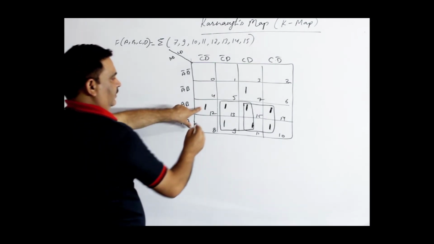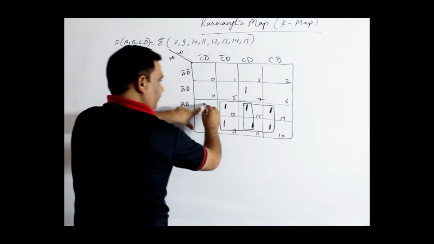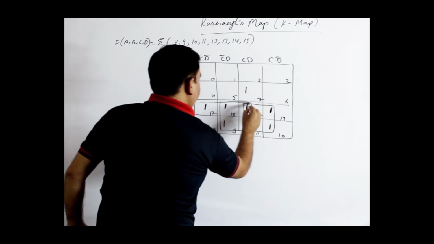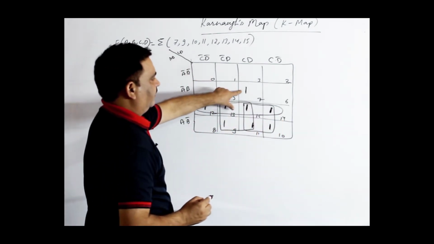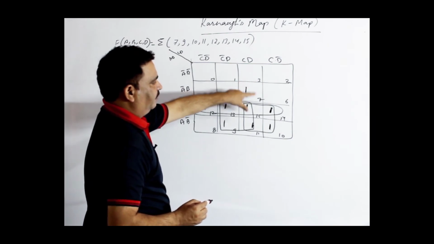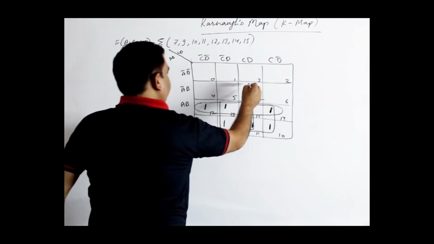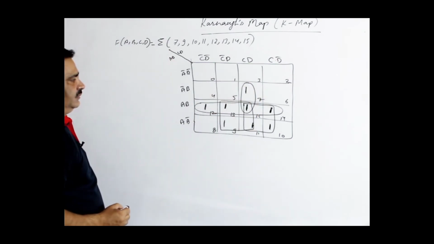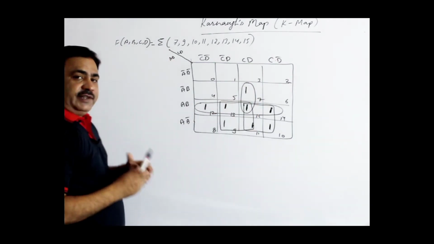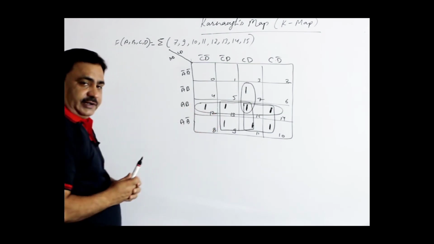One is left. Do not form pair because these are coming into this quad. Give preference to the quad. This one is left. Now only pair can be formed. This is the pair. Now derive the expression from these quads and pairs.